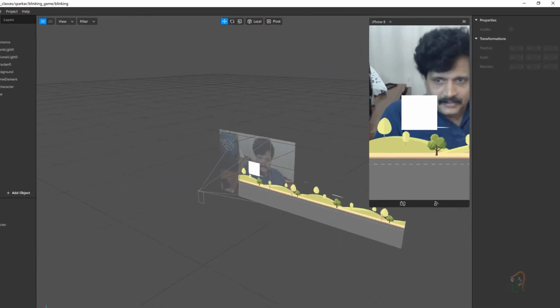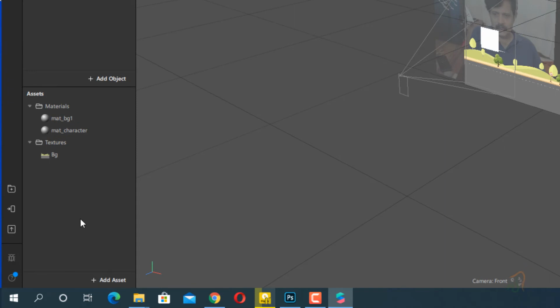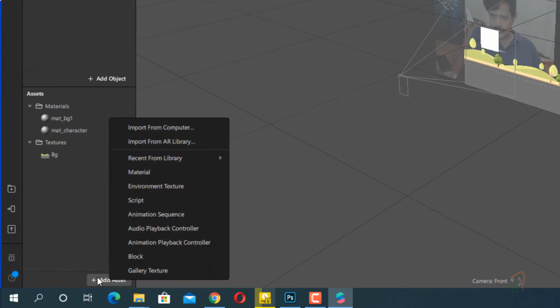Now this character has to keep moving. For this we have a 3-frame animation. To create an animated sequence, right click or click add object here, and you have a provision called animation sequence.